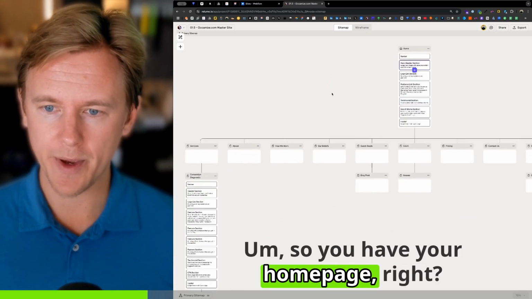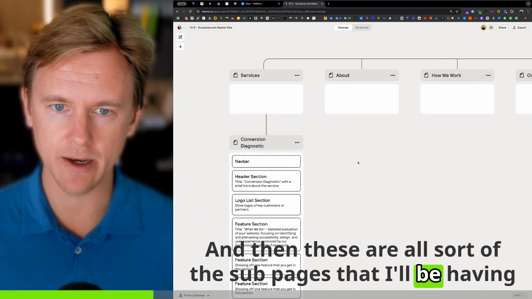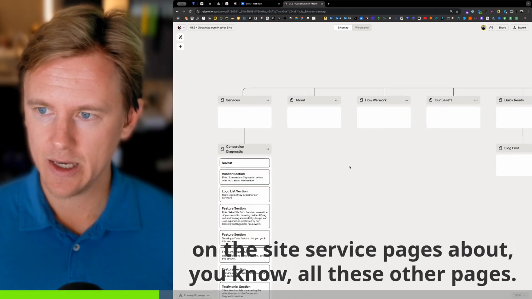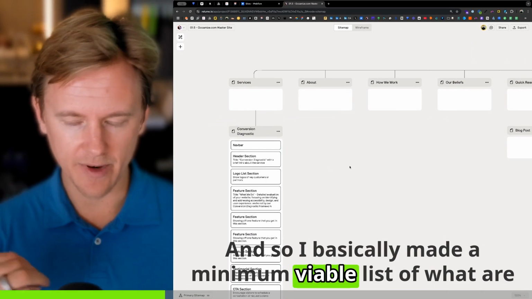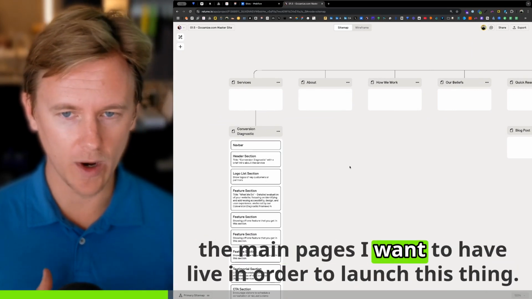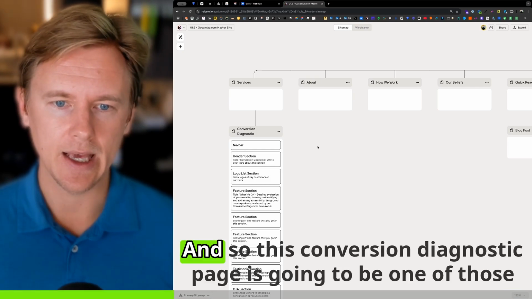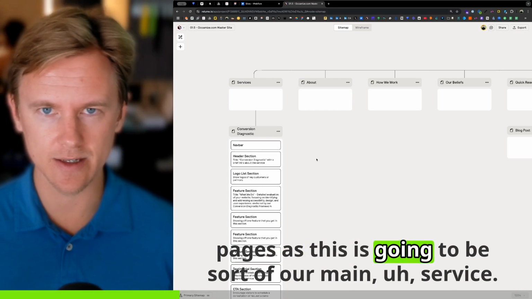So you have your home page, right? And then these are all sort of the sub pages that I'll be having on the site, service pages, about, all these other pages. And so I basically made a minimum viable list of what are the main pages I want to have live in order to launch this thing public. And so this conversion diagnostic page is going to be one of those pages,